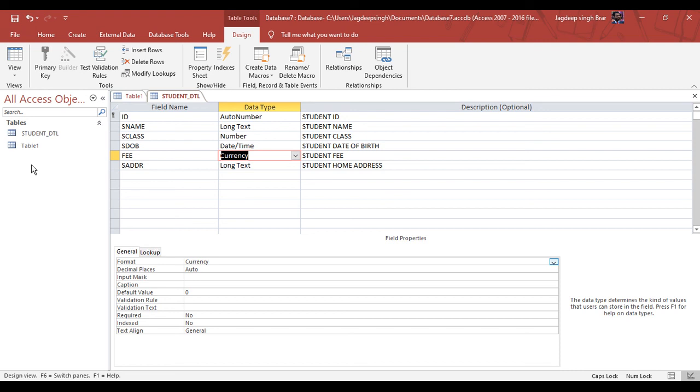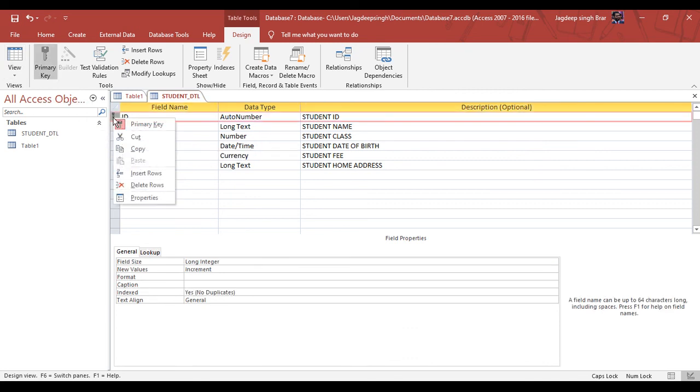To set the primary key, you have to open the design view, right click on a column and select the primary key on the column you want to apply it to. Now the primary key is applied, so it's highlighted. If you unselect it, then it removes the primary key from this table. So in this way you can create a table for your database. So you can use the primary key to uniquely identify your database data.